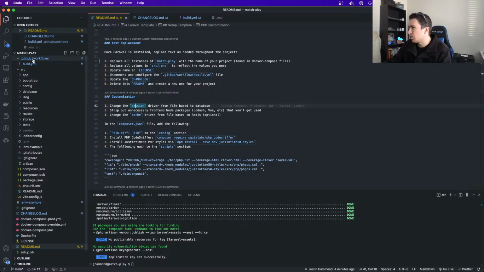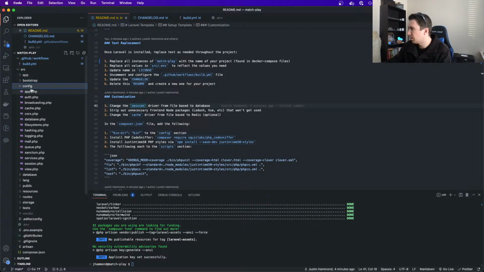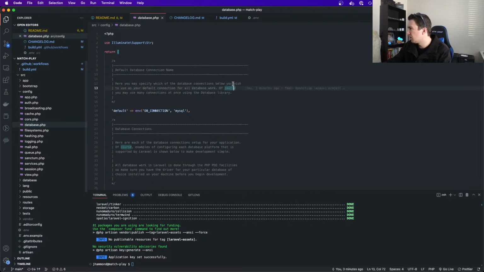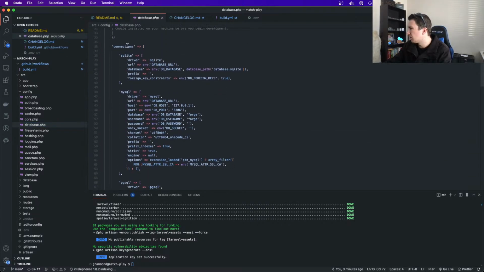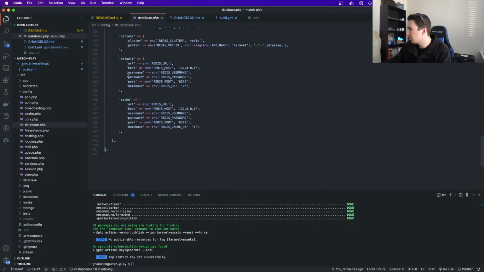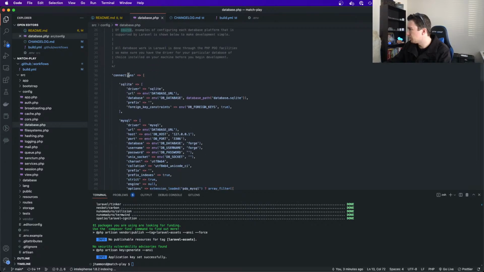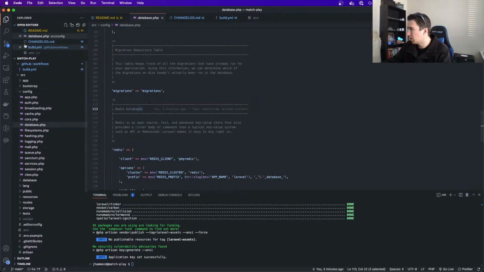So we're going to change the session driver. That's in config, database. We've got these connections. Where is it? Maybe it's not.